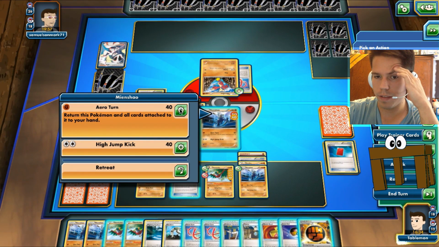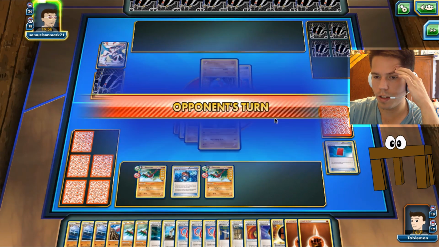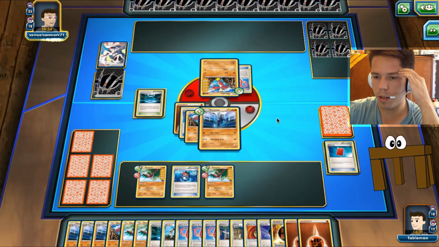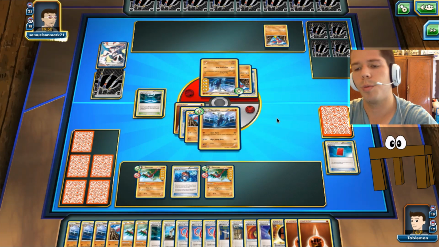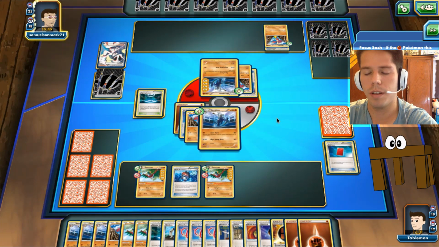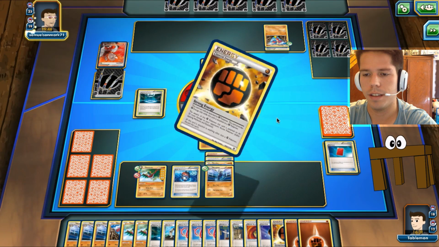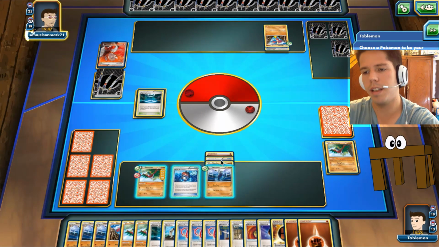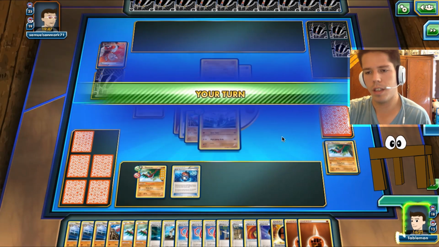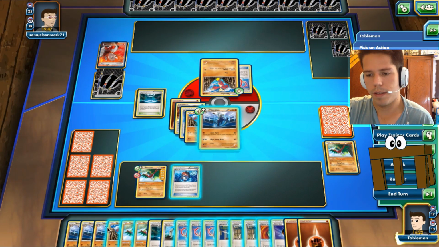But at this point, there's nothing we can do. A megaphone would win us the mirror match for sure as well. But yeah, that's exactly what he can do. He can just... Okay, he's taking another KO. But that Focus Sash...